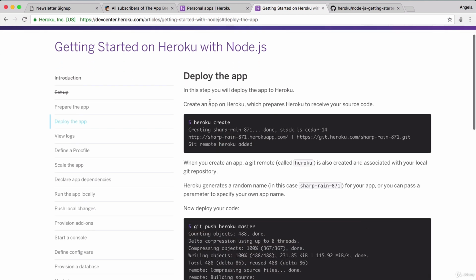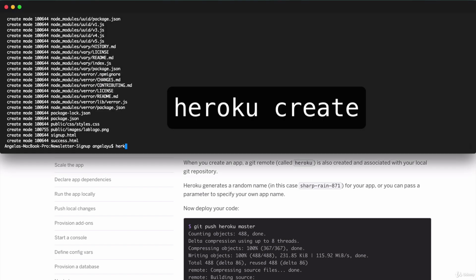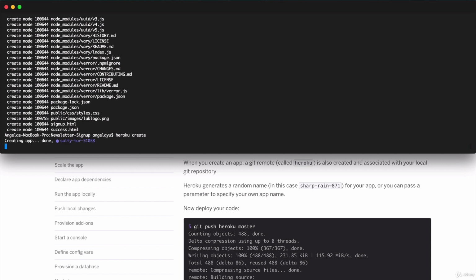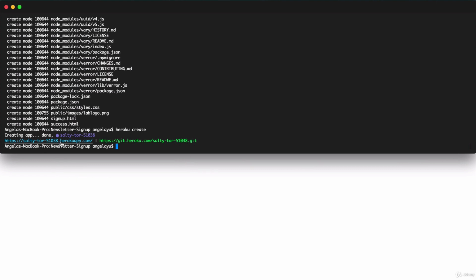step. Now, the next step is to deploy this app, and they want you to create a new app on Heroku using the keyword heroku create. Now, at this stage, you have to be logged in for this to succeed. If you aren't, it'll ask you for your Heroku password and username again. But if everything looks green and blue and not red, then that means everything's working fine. So now they've created your brand new container. So your brand new server has been created at this address,